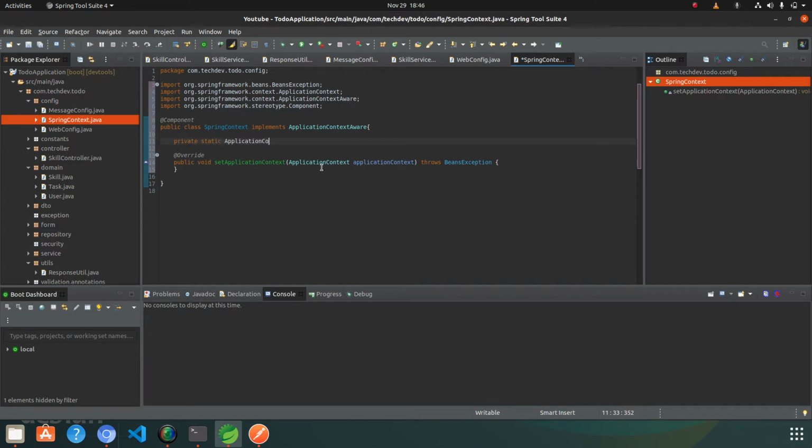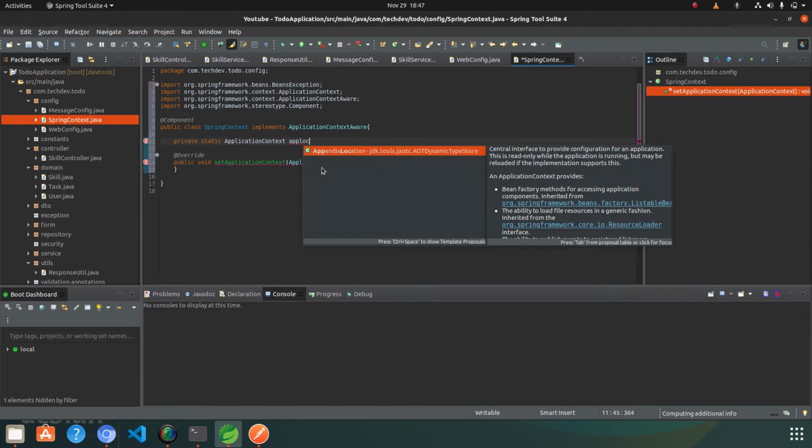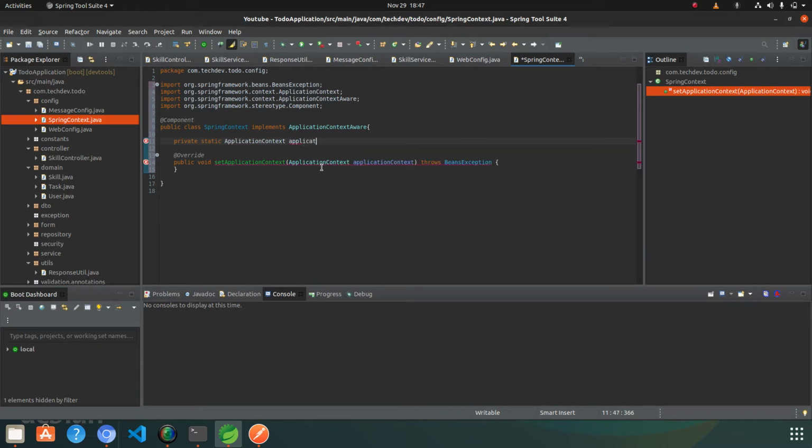application context, and I will assign this application context to our static application context of this class.